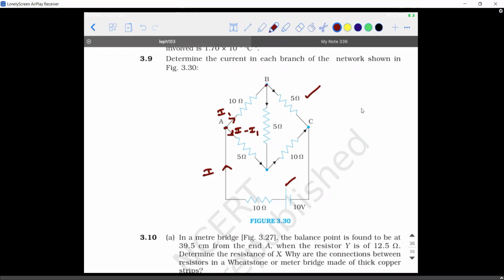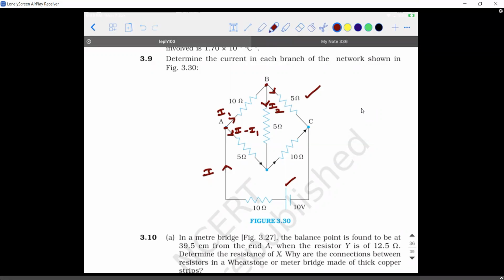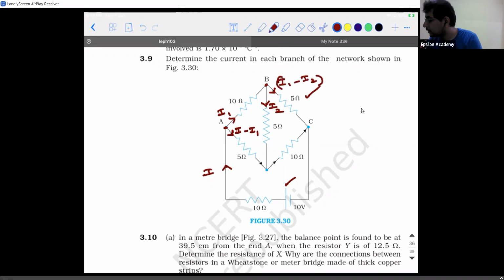Similarly, this I1 is going towards the point B. From point B, let's say I2 is taken from I1, then how much is the remaining current that will flow in the branch BC? I1 minus I2. So I minus I1 is reaching the junction and I2 is also reaching the junction. How much current will leave the junction? Be confident and tell. It is a slightly big expression.